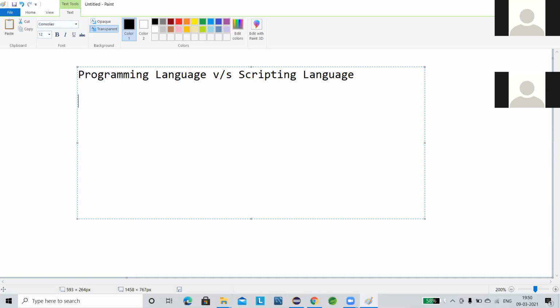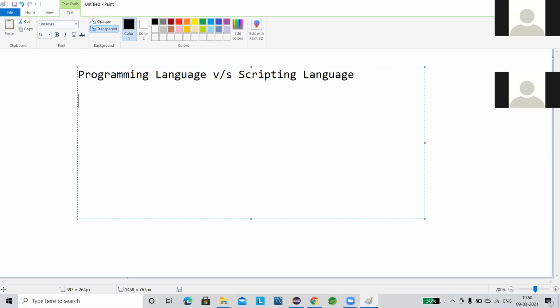So what does Python support? The main question comes: what does Python support? Python supports both, as a programming language and as a scripting language. Based on your nature, or based on how you are using that file, we can say that Python is a programming language or a scripting language. In some areas you will find that Python is called a scripting language, but in some areas you will also find that Python is called a programming language. So we cannot say directly that it is a programming language or a scripting language; it depends on how we are accessing or executing that file.